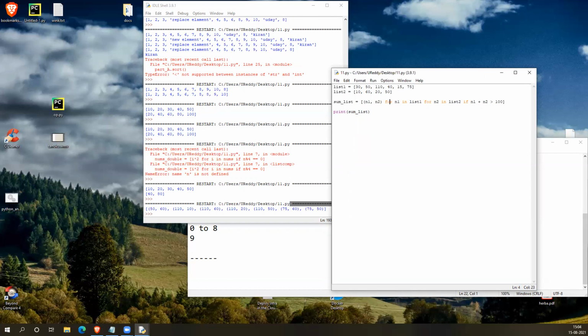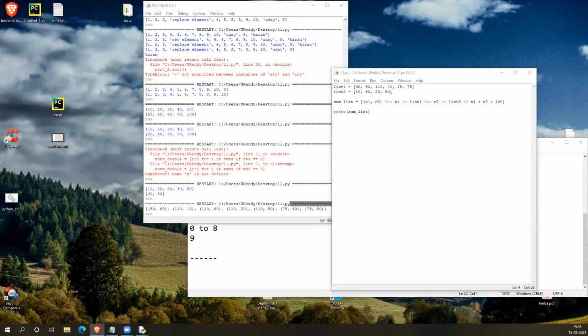Understood? If you try to merge two different tuples using the plus operator, it will create a completely new tuple, if you are not modifying the original. So that one will work. But you cannot modify the individual elements. You can read them with index operations, and search operations you can do, whichever we did with lists. But we cannot do remove, delete, append, all these things with tuples. Understood.